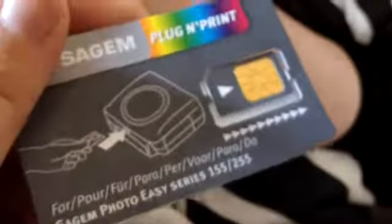So it says, remove this sheet before putting paper in the paper cassette. There's a paper cassette. Why? This just seems to be overly complicated. Anyway, let's continue unboxing this. Plug and print. Wait, that is a SIM card. And there's... What? What is this? That looks exactly like a mobile phone SIM card. I don't even...